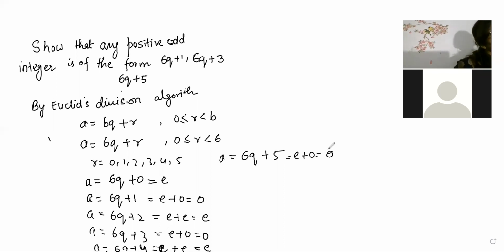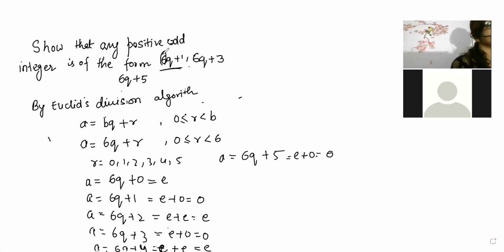So now you started answering the question. At the beginning of the session, you were saying you don't know how to solve the question. Now you started answering. So beta, what you have to do is go to Euclid's division lemma according to the question. Why are we taking 6? Beta, because 6 is the divisor, and that you have to take. Yes, I have solved it, so now you will be able to solve this type of question.